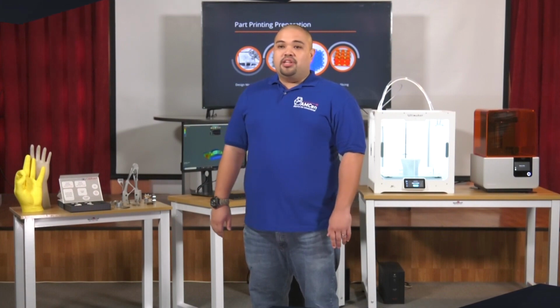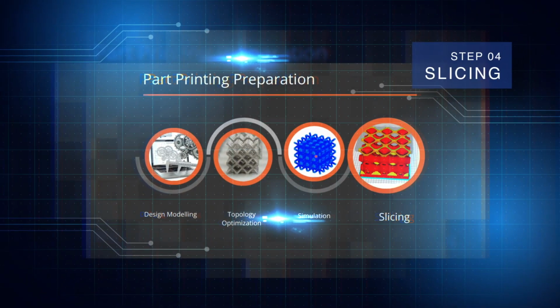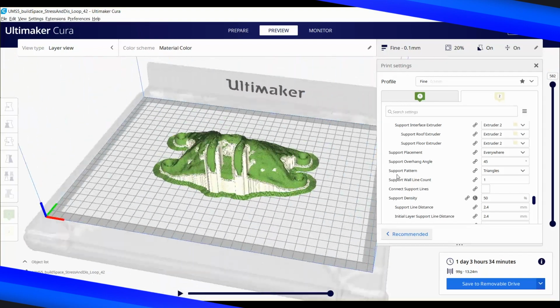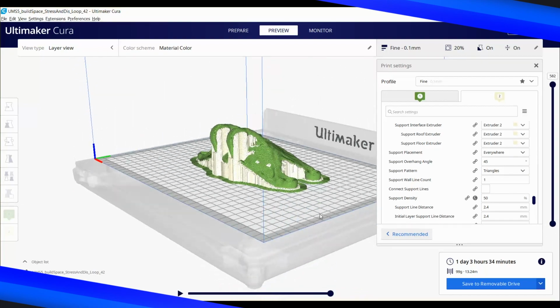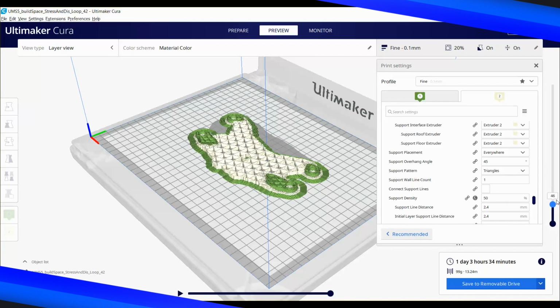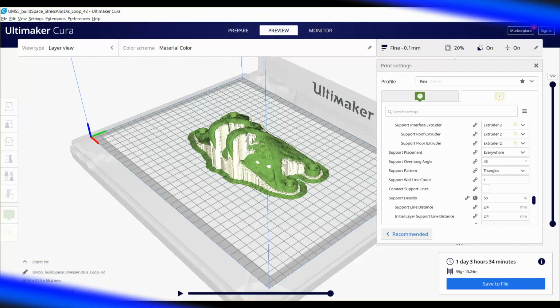When everything is okay, we can finally do the slicing. Here, we cut the optimized model into very thin layers that will in turn be printed one on top of the other using a 3D printer. Usually, each 3D printer will have its own slicing software compatible with it. This software allows us to set up the appropriate printing parameters depending on the printing process we are using for the design, like layer thickness, print density, print patterns, among others, and then we print.